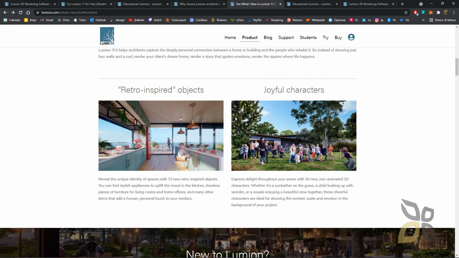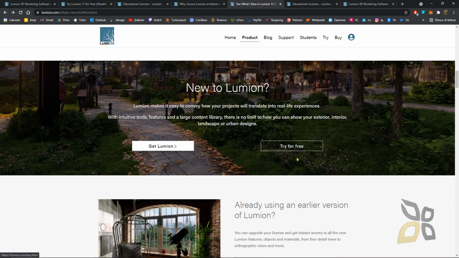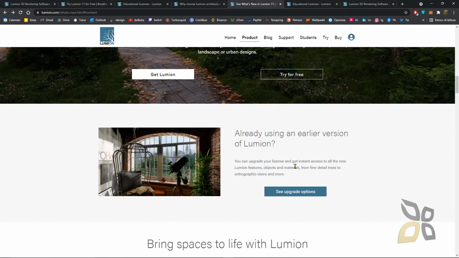You have a lot of characters, people that you can place to, again, make it look more realistic. And okay, again, you can get Lumion or try it here. And well, let's go